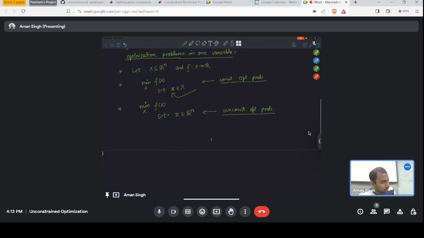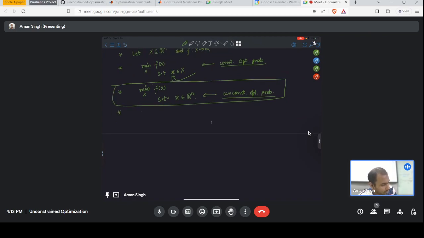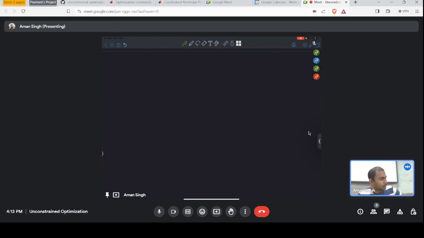Okay. Now this is our focus of this lecture series. But in today's lecture, what we'll want to look at is f from R to R, such that the input set is also a single dimensional real number, and it's unconstrained optimization. Basically, minimum over x of f(x) such that x belongs to R. So this is what we want to look at in today's lecture. So moving ahead,